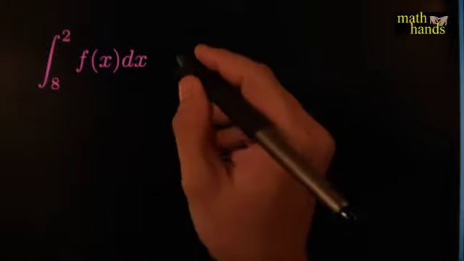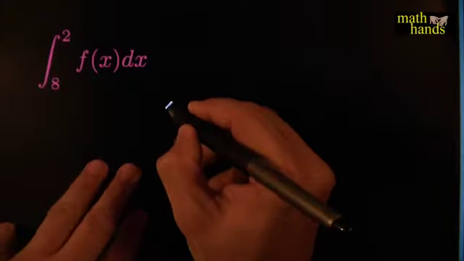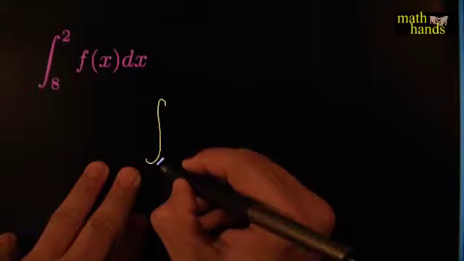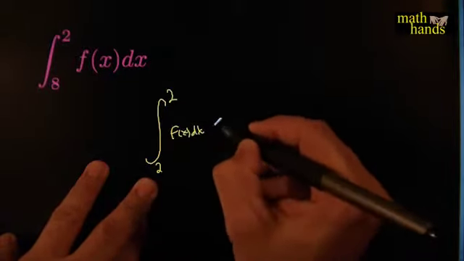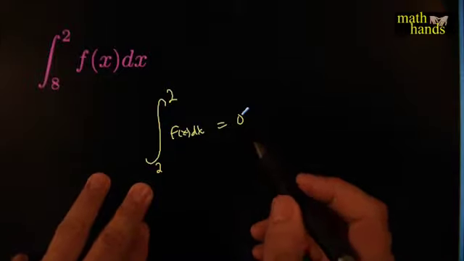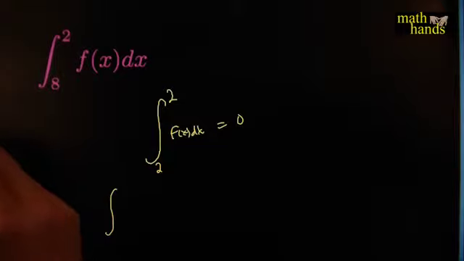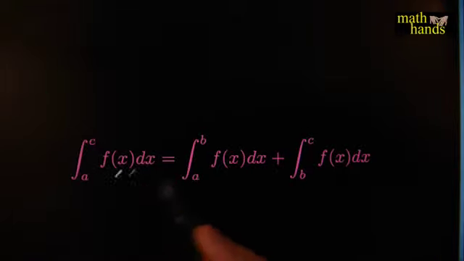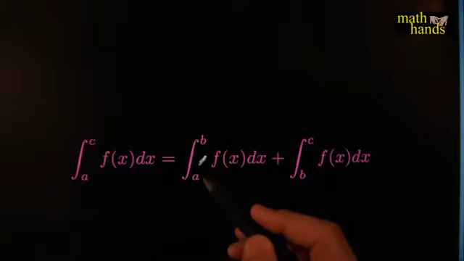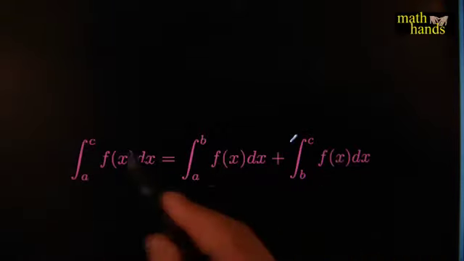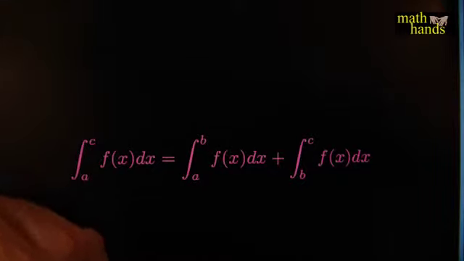Well, let's think. To do that, I could play this game here. I could say, hey, you know what? The integral from 2 to 2 of f of x dx is equal to 0, right? But from 2 to 2, if this principle is correct, I can stick some other value in between. Any other value, going to the intermediate value, and then from the intermediate value back to the top value. Right? So if I use that property,